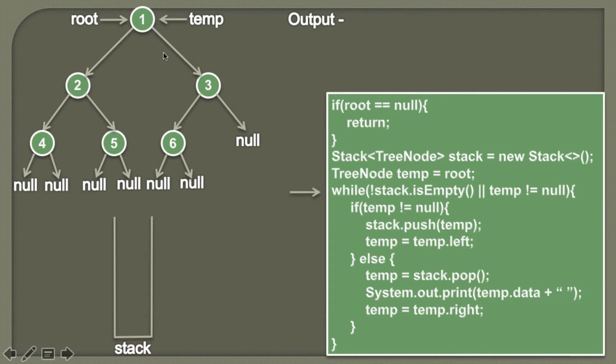So friends, in order to traverse this binary tree using in-order tree traversal, we use a while loop, and inside this while loop we are placing two conditions. We iterate this while loop till the stack is empty and temp becomes null. Currently you can see the stack is empty, so that condition comes out to be false. But you can also see that temp is pointing to a node, therefore it's not null, so the second condition comes out to be true. As there is an OR operator between these two conditions, the overall condition comes out to be true. So the while loop executes.